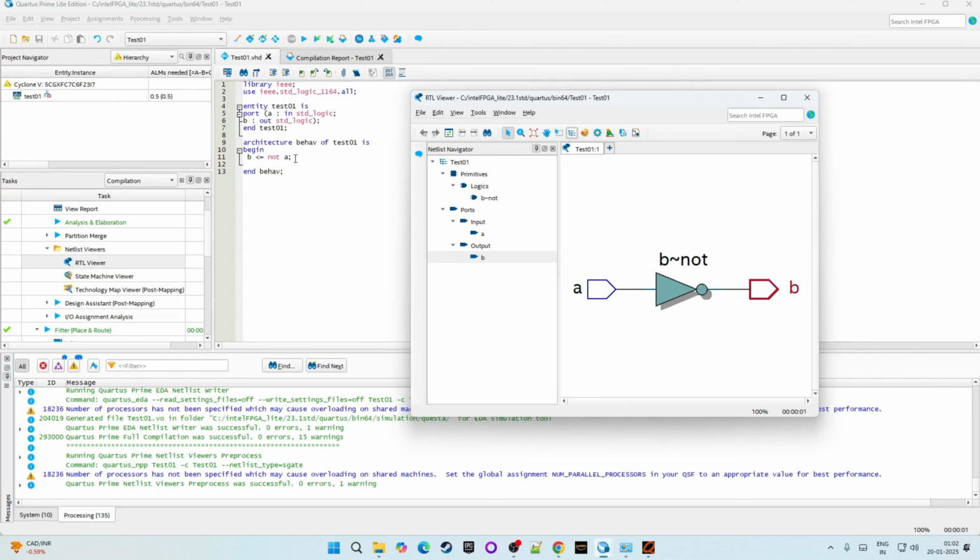Okay, so that's it for today. I have shown you how to download your Quartus Prime software and Questa simulator software for free, how to install it on your machine and how to set it up. Then we saw a quick demo of a VHDL program and we simulated it in the Questa simulator. And finally, we saw the RTL viewer, or RTL structure design, for that program.